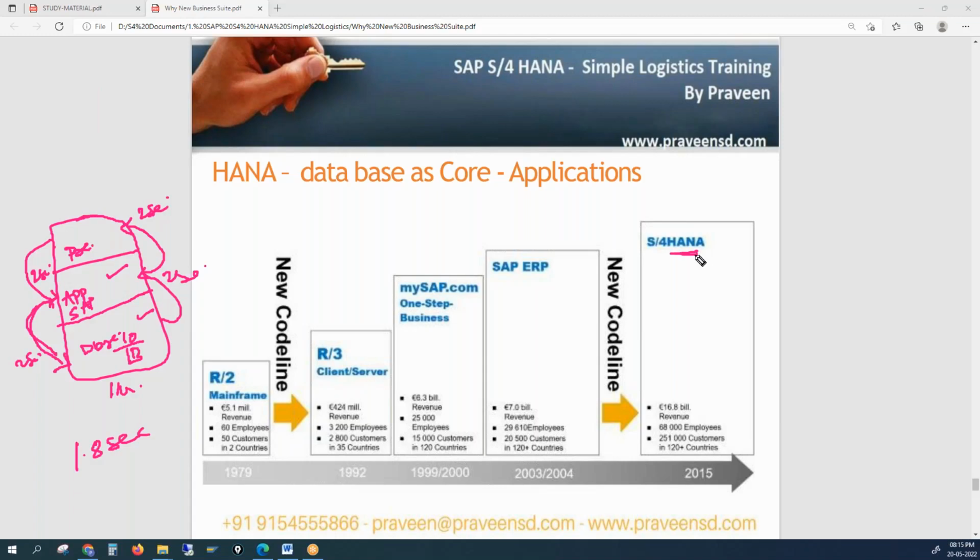So that's where SAP started its focus, from 2004 and 2005. And in 2010, SAP conceived its own database called HANA, High Performance Analytical Appliance. You see, the acronym of HANA is High Performance Analytical Appliance. That means HANA is not only a database license from SAP, you should also have that compatible